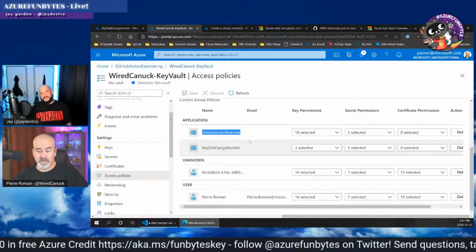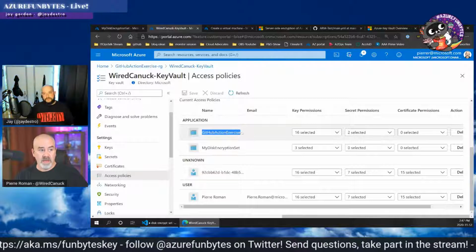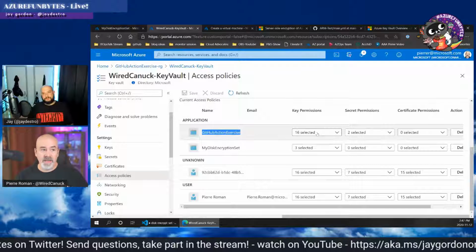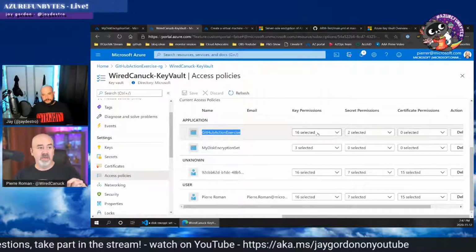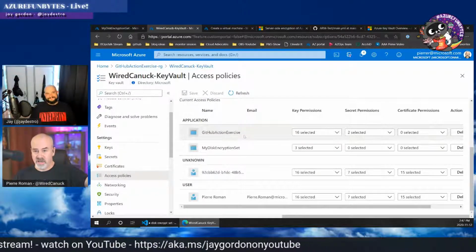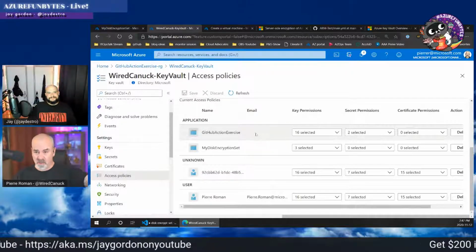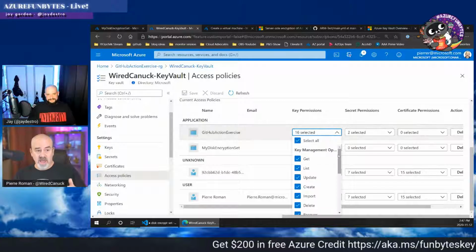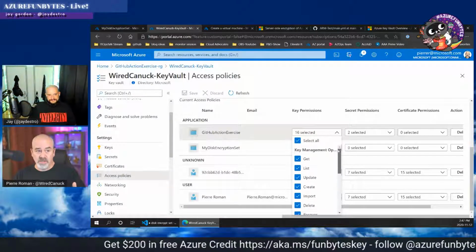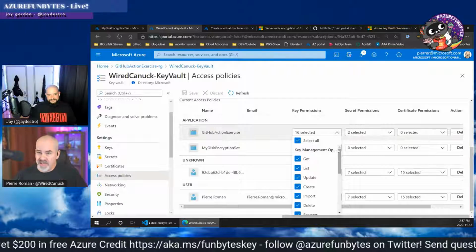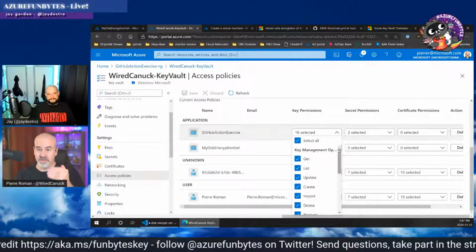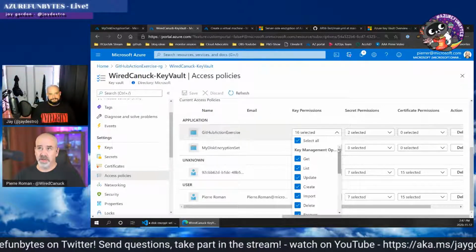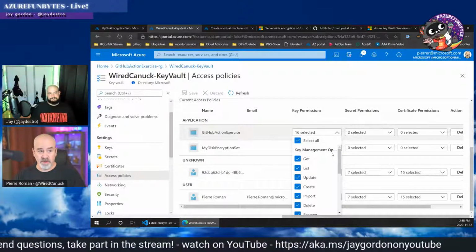It's not enough to be able to just keep it stored somewhere. You need to be able to access it and make it simple. Yeah, and don't do what I just did for my GitHub action exercise, because this is a demo environment, and I set that up about half an hour ago, where I gave it all of the permissions. Really, if I was in production, and that comes back to that technical debt we talked about at the beginning,